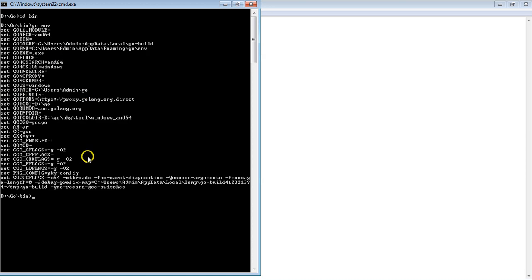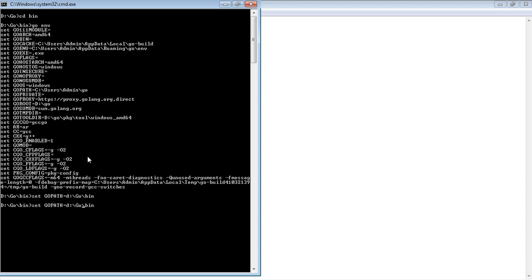If it is not set, you have to set both path and bin. To do that, you type in the set keyword followed by a white space and then GOPATH, which must be in capital letters, equals, and you just type in the location. Makes sense? So now the path has been set.